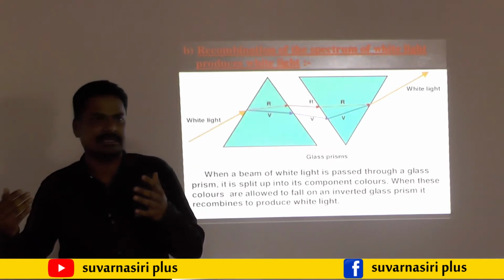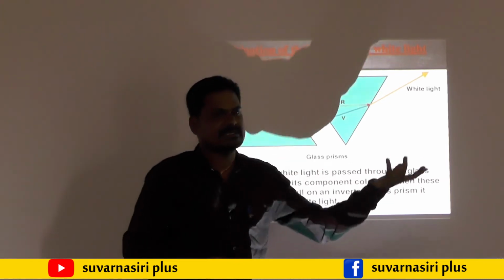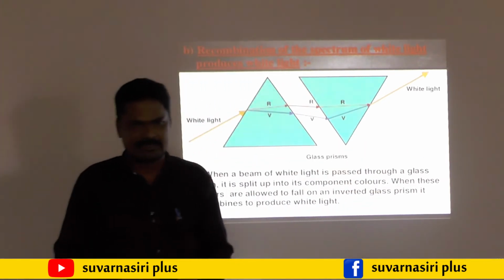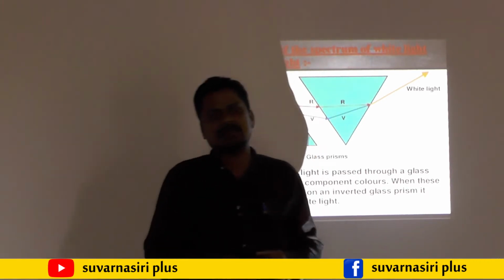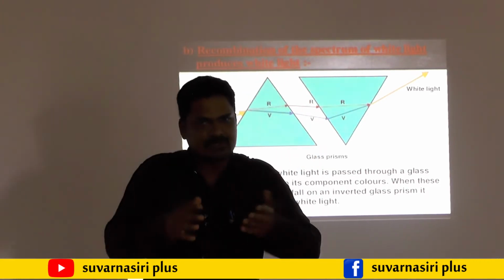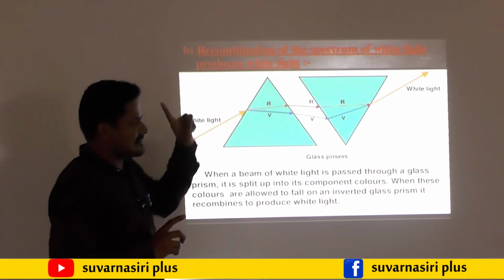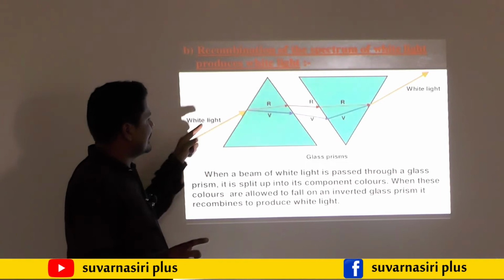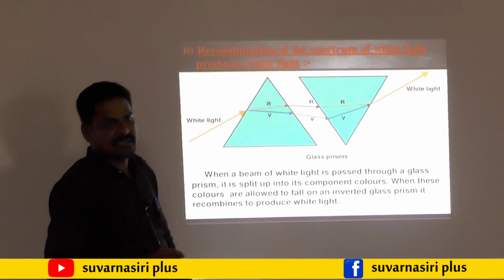What he did in his experiment: when the white light passes through the prism, it splits and we get 7 colors. Newton tried that again, and again 7 colors came out. Is there any chance to get a few more colors? No, nothing. So white light is a mixture of only 7 colors. When the white light passes through the prism, it splits into 7 colors.